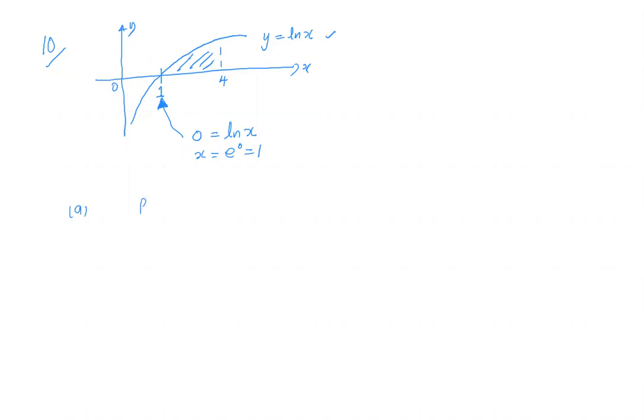So I let this be fx and it is x ln x minus x. Okay, now they want you to differentiate this. You know how to differentiate this? So f prime x is equal to